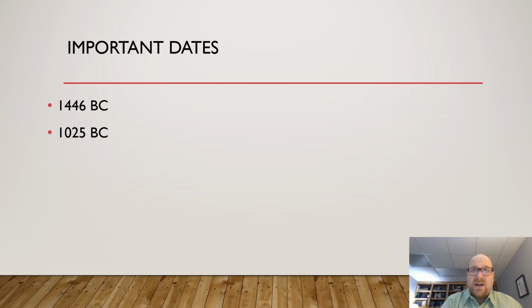The kingdom of God, or the kingdom of heaven, as Matthew puts it. So kingdom is a central topic in the Old Testament, which gives us the basis for our understanding of kingdom in the New Testament. So the kingdom of Israel starts in 1025. That's the united monarchy. The divided monarchy starts in 922. So 1025 marks when Saul started his kingship. 922 marks when Solomon ended his kingship, because after Solomon, the kingdom split. So that's 922.